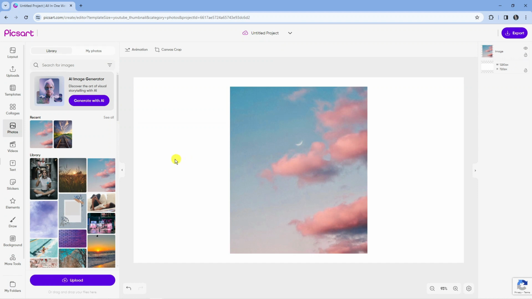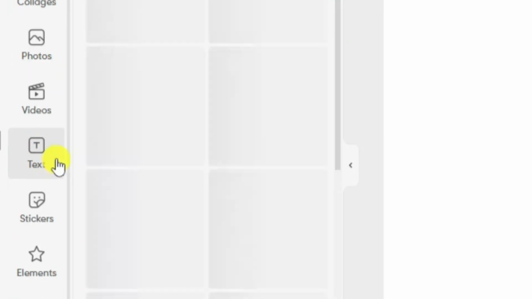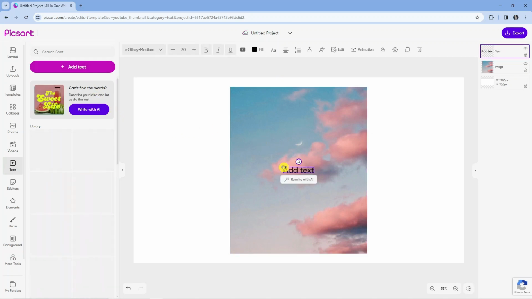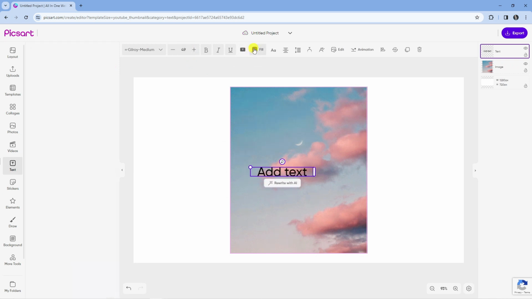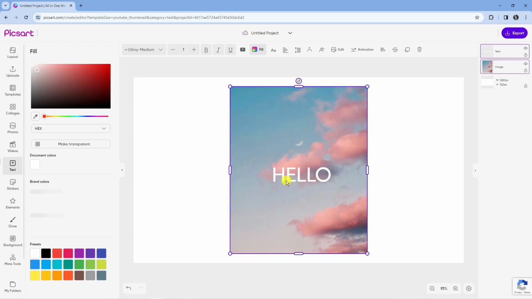So what I'm going to do first is add some text. So I'm going to come over to the menu on the left hand side, click onto the text icon. Then what I'm going to do is press the purple add text button to add some text to my design. So here is our text. So I'm just going to make this a little bit bigger. So I'm just going to change the size at the top. And what I'm going to do is also change the color as well, just make it easier to see. So here is our text, and I'm just going to change this so it says hello,